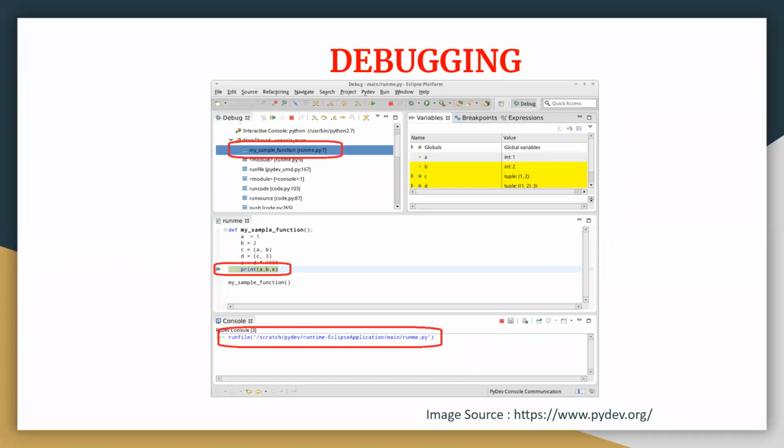But in the case of software, debugging is very much possible, because here you set some breakpoints. You check the values of variables and expressions, and accordingly you correct it, and you get the output the way you want. But in the case of embedded platforms, you don't have this facility. In that case, you have to do the connection again and again. You have to check every connection, whether it has been made correctly or not.